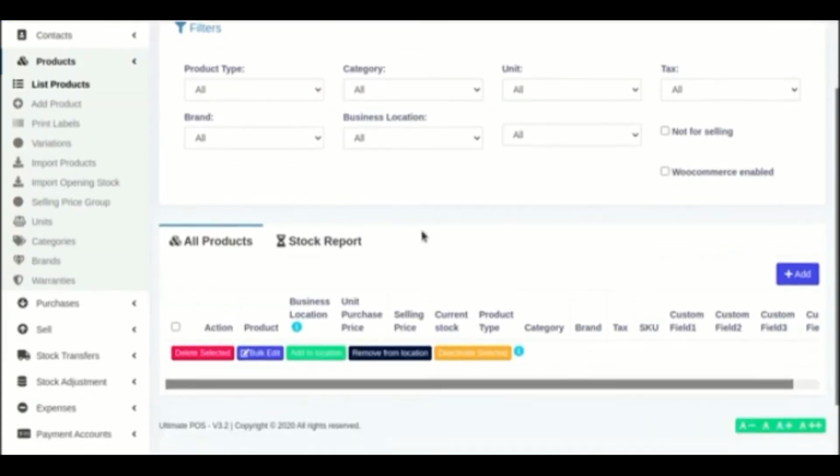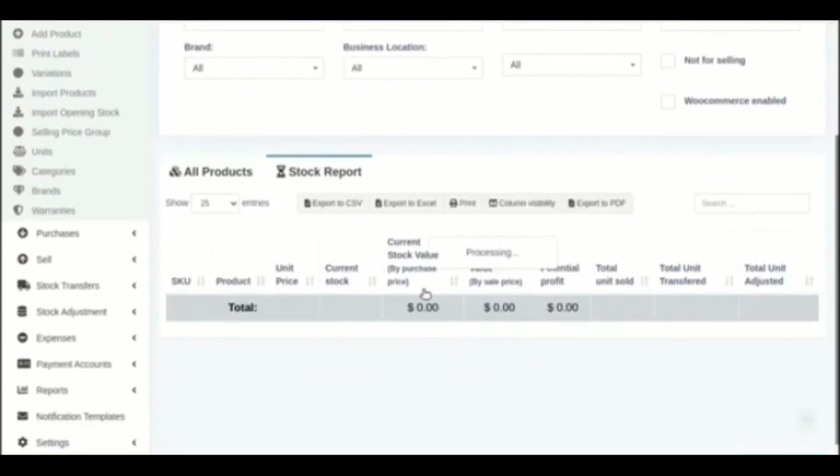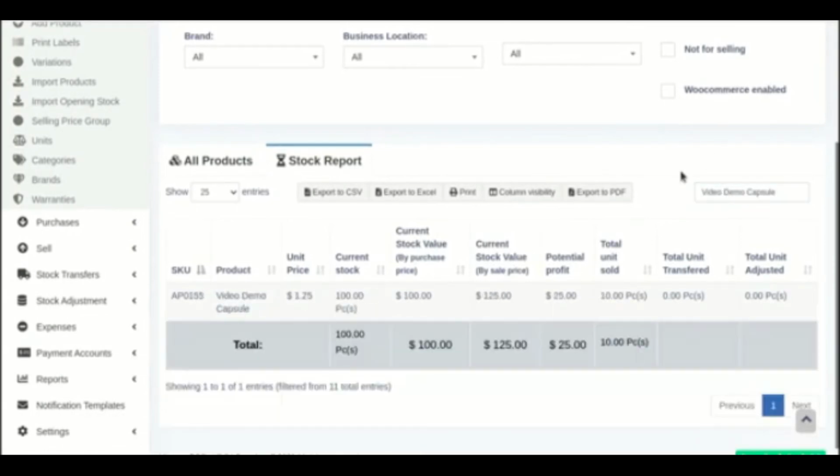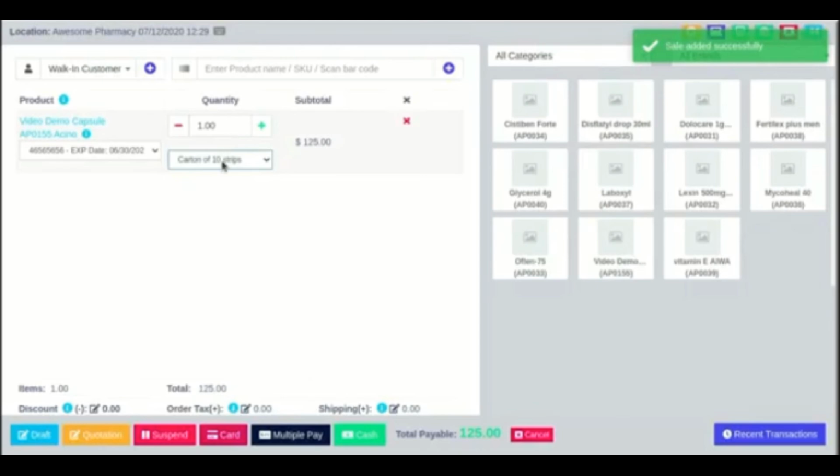In the list products, I will click on the stock report and search for this particular product. So you can see in the stock we have 100 pieces available for this particular product. So I can easily sell a carton of 10 strips from here. I am selling a carton of 10 strips. Let me sell a strip of 10 pieces from here.